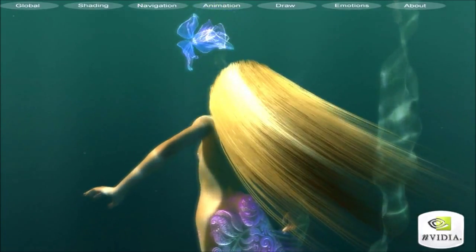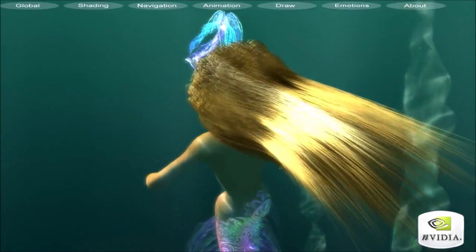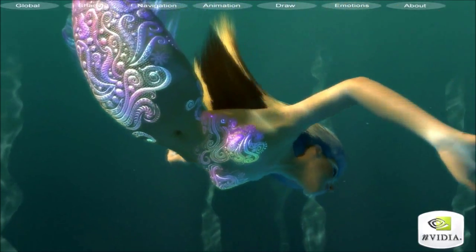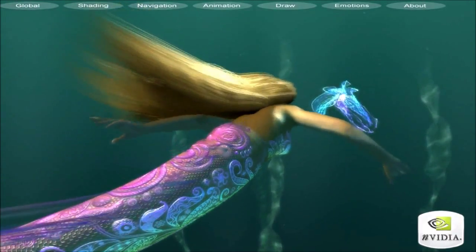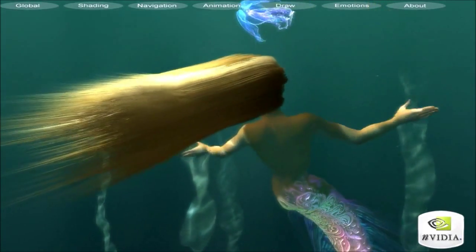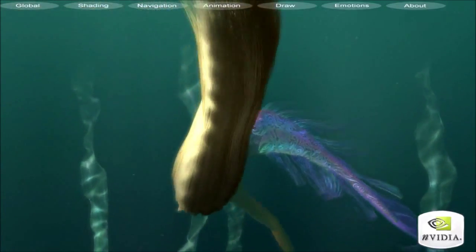Alright. Next is the NVIDIA Neilu demo for the GeForce 6800. Neilu, Hawaiian for wave. Daughter of the deep sea, stops to admire a creature of the deep, and it ascends toward the water's surface. The NVIDIA GeForce 6800 GPUs deliver brute strength to render the shading of her long hair and soft